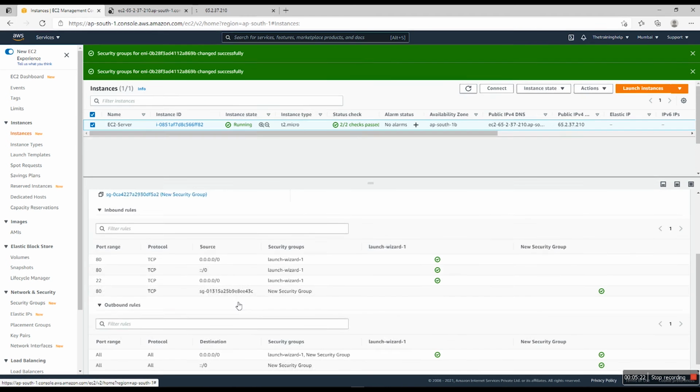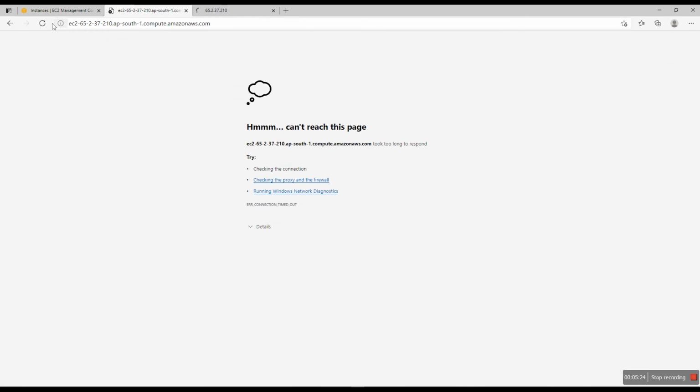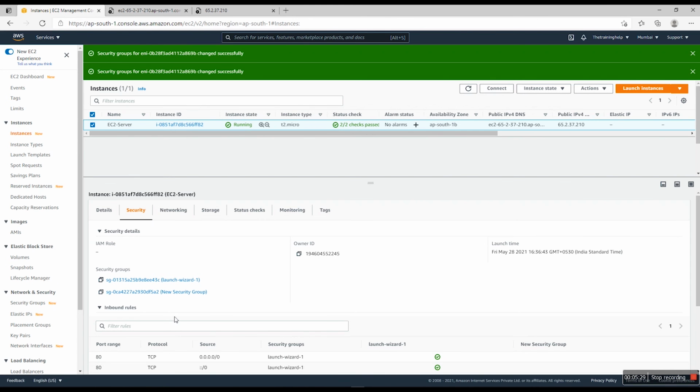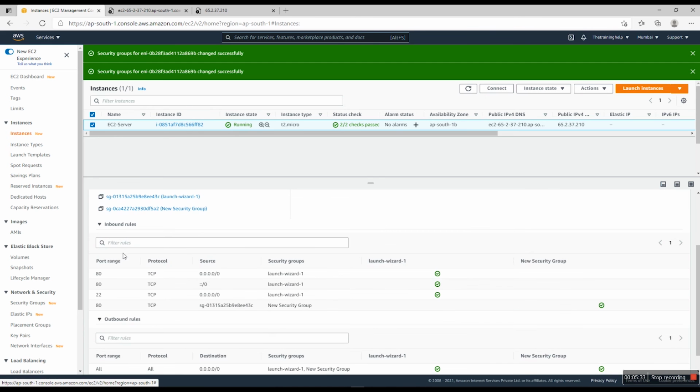So you now know how to edit the security group and all these things. You can add multiple security groups, you can modify the security group, and you can specify one security group to another security group,